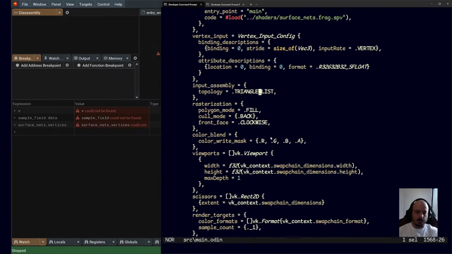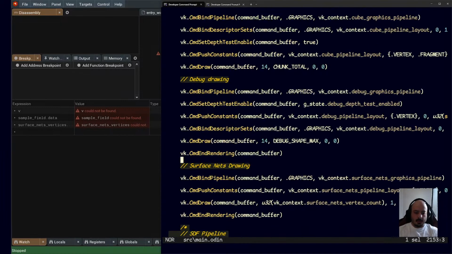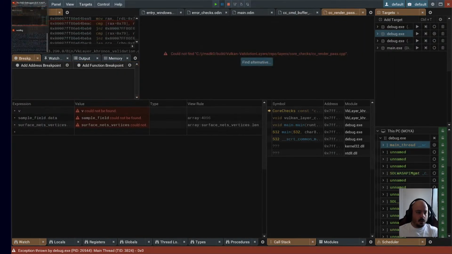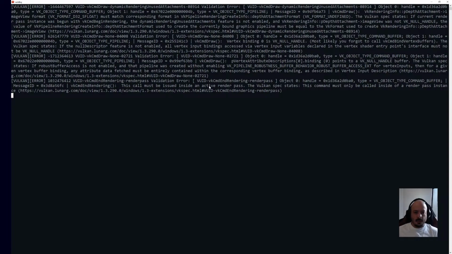Oh, I didn't begin rendering, I guess. Or rather, I should just put this down here. There we go. Okay, that's still not okay. Right. So, let's see, from the top. The depth attachment, if the current render pass instance was begun with begin rendering, the feature is not enabled. Image view is not null. Depth attachment format must be equal to the format used to create the depth attachment format image view. So I need a... Okay, let's fix this one first. Most likely you forgot to call bind command buffers. I did forget to